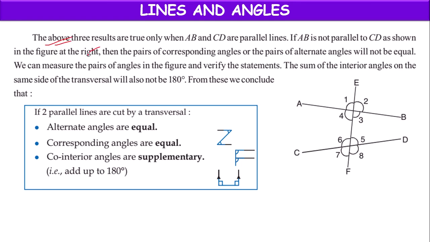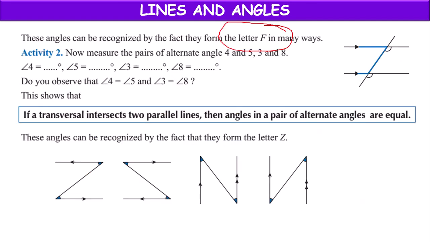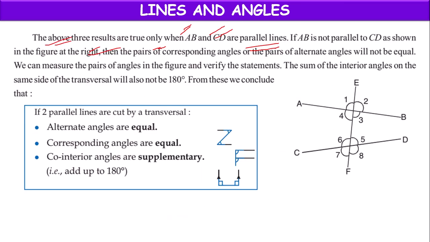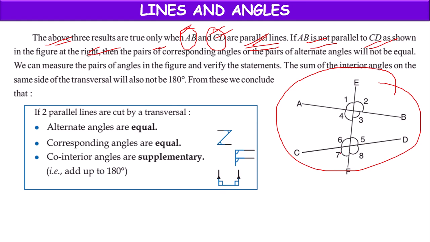So the above three results are true only when AB and CD lines are parallel. Whatever statements we have given now will be true only if AB and CD lines are parallel to each other. If AB is not parallel to CD, as shown in this figure, according to this figure,